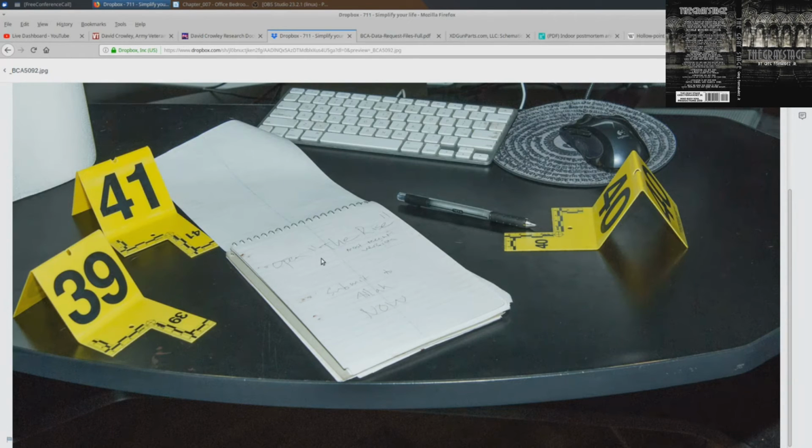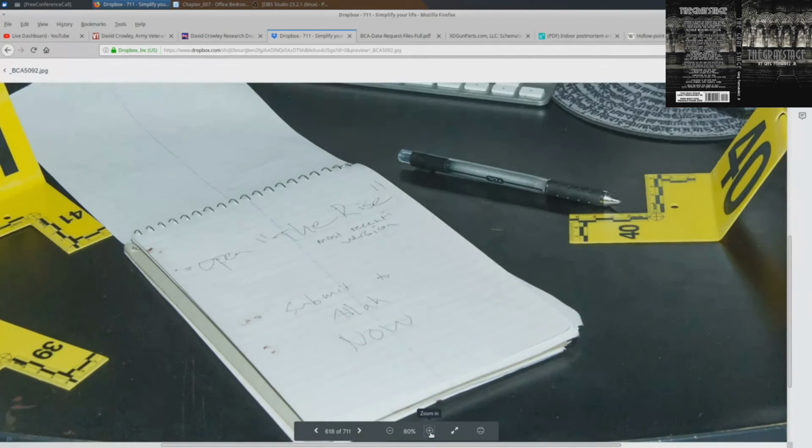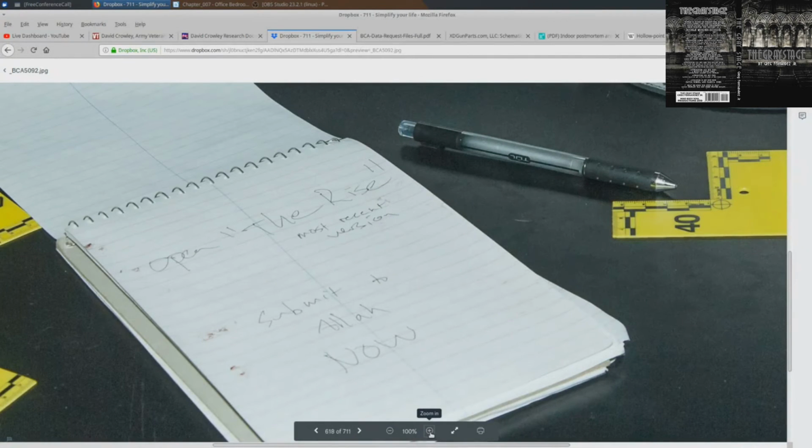Okay, now, what if it had originally said, at one time, it doesn't even have to have been the day that they were killed, "open the rise, submit to Allen," and the "now" was written later because they thought it said submit to Allah.